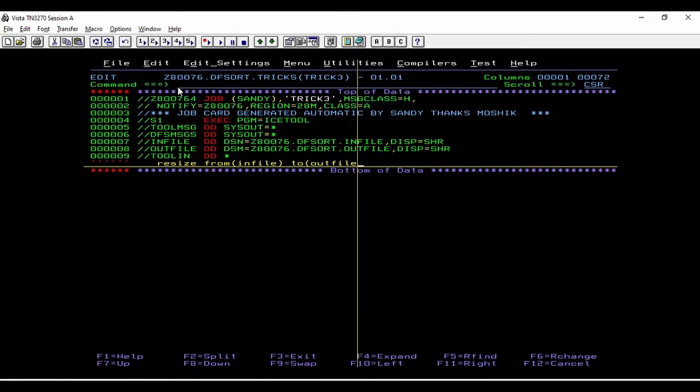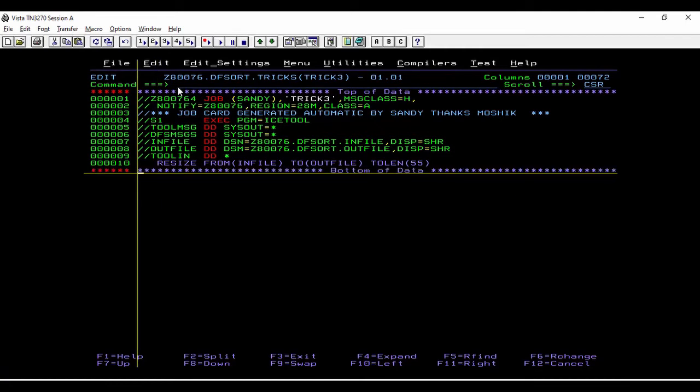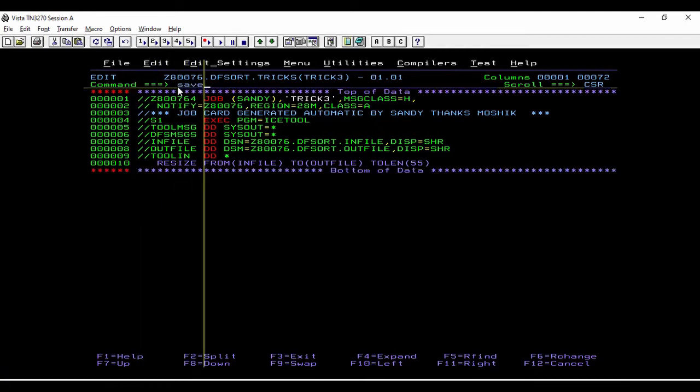One more thing we need to specify is that we are going to resize the input file of FB 20 to an output file of FB 80, so we need to specify the length here. We want it to be 5 and 5, which is 10, right? So let me just enter 55 here. 55 is the total length, and we have it saved.